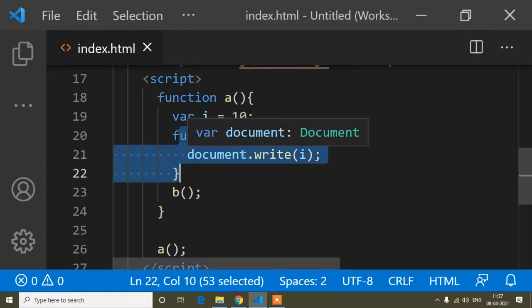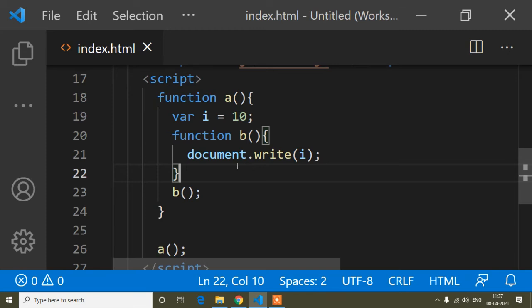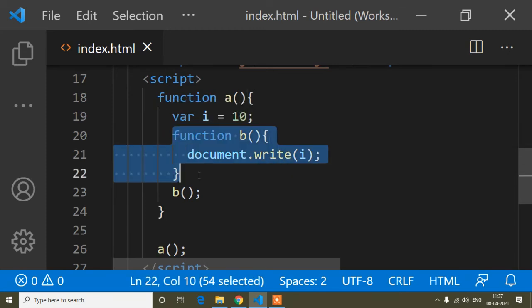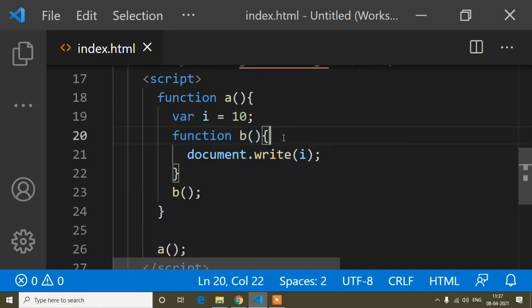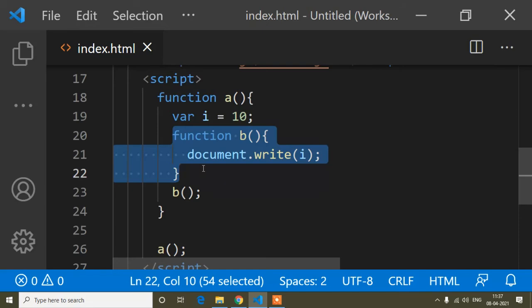So this is the second definition of closures. We use this also most of the time, but we don't know this is called closures. So guys, these are the two definitions. We can access a parent function's variable inside a child function, so that's also called closure.